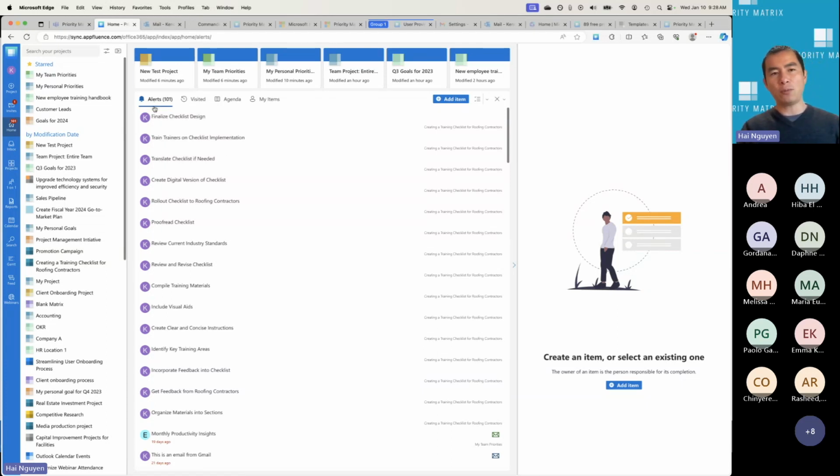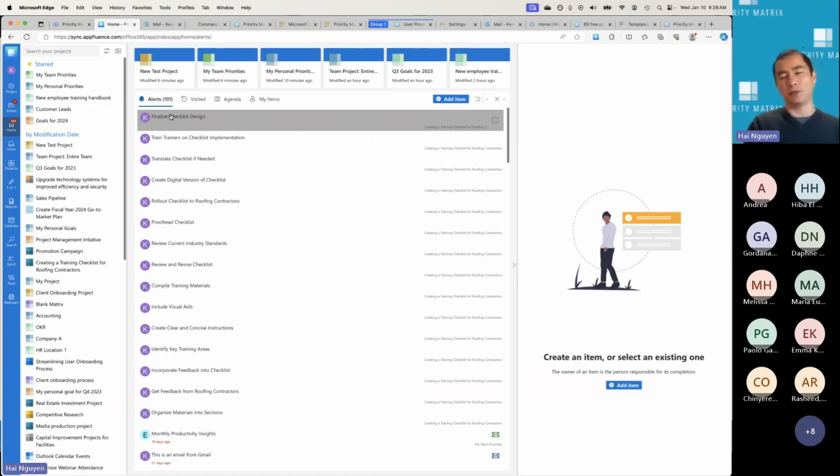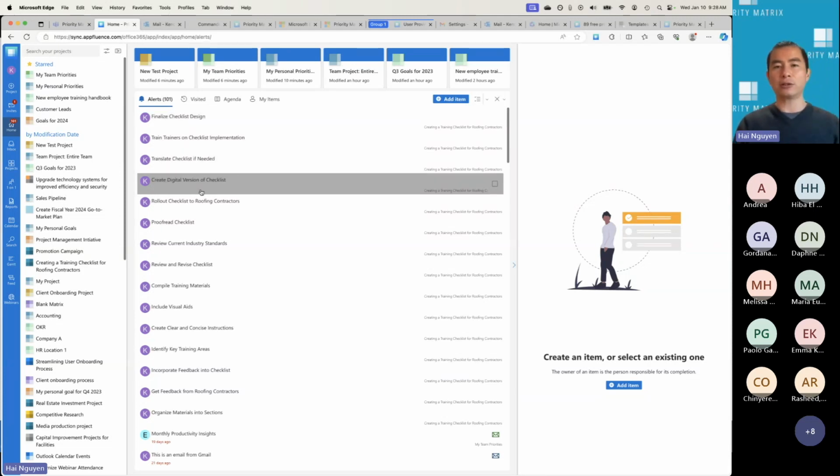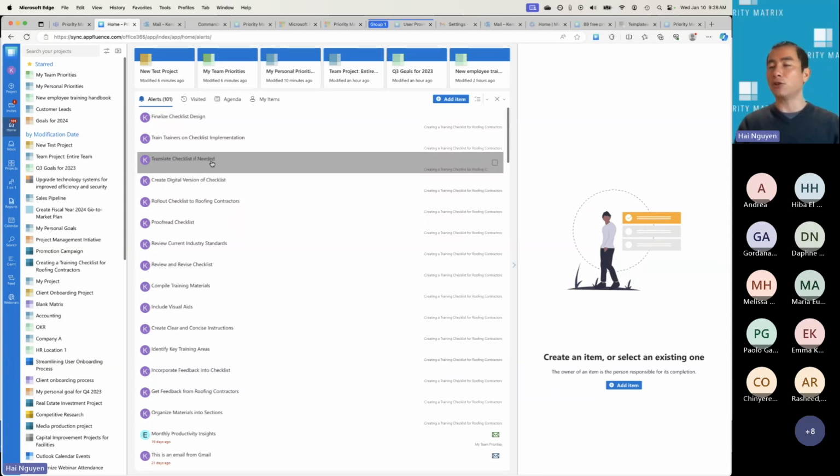And first and foremost, there's the alert section. And what the alert section does is it actually shows you the tasks that require your attention. And these include tasks that have been delegated to you, or tasks that you follow that have been updated, or if you set those due dates and reminders, it shows up here in the alert as well. So when I start my day, I see a bunch of alerts, I click through the alerts,